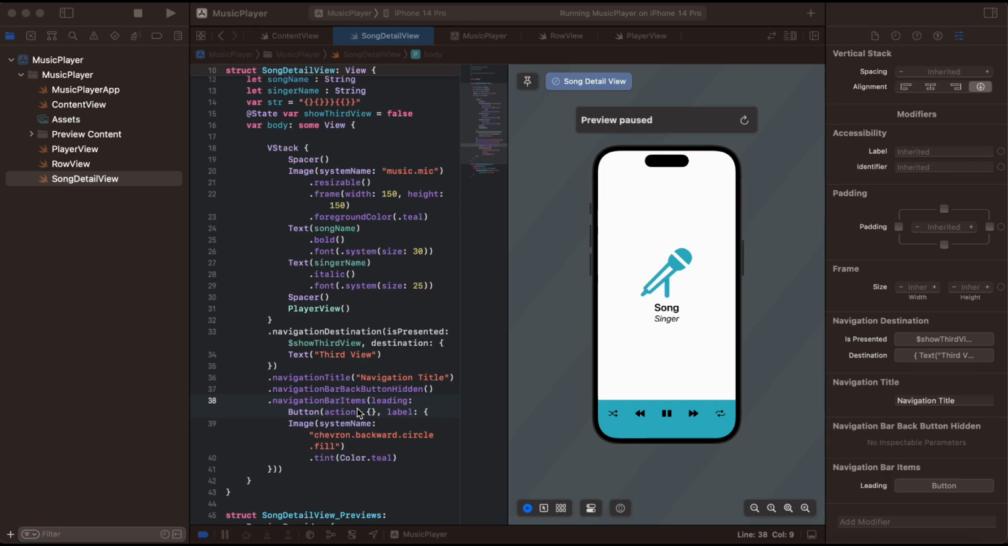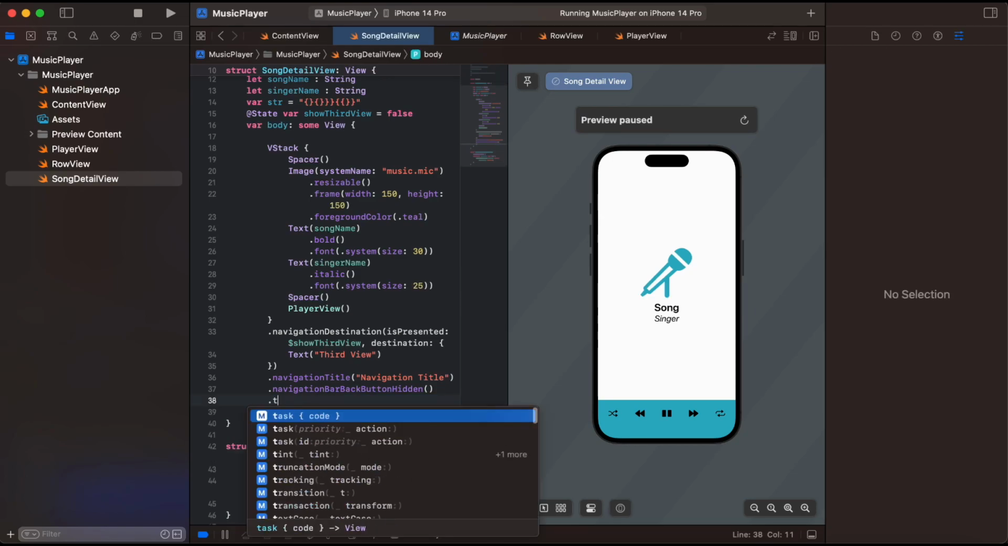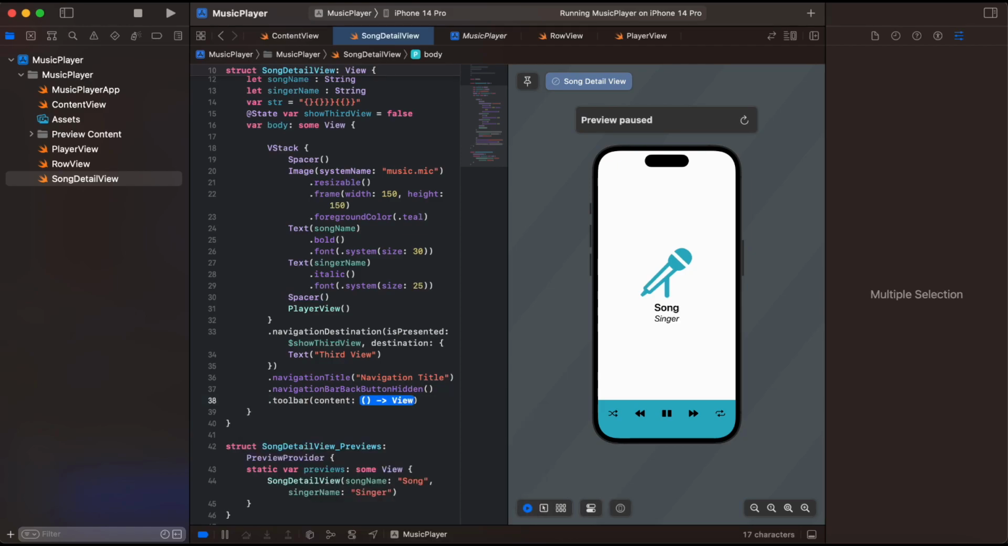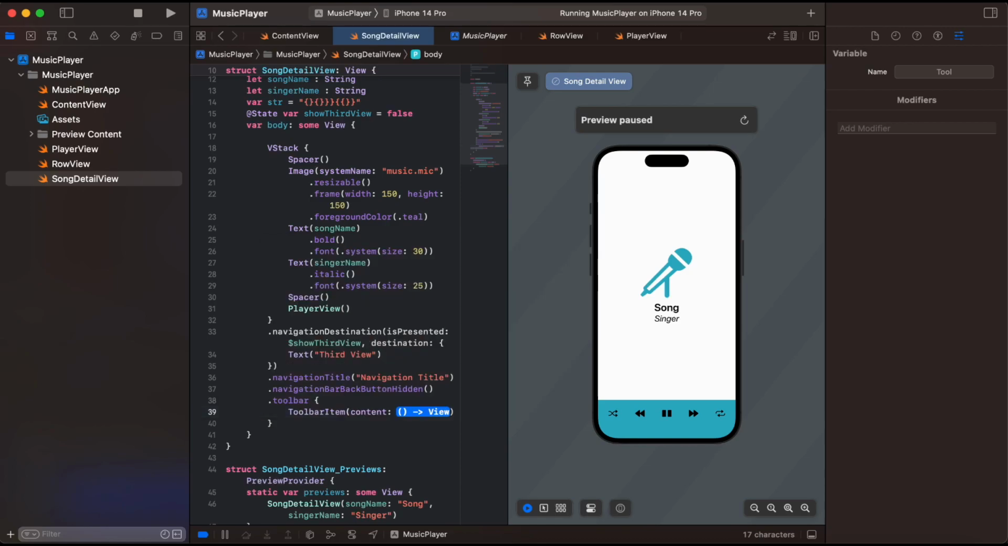see some of the features of toolbar. That is, remove this navigation bar items and create a toolbar with content. As it is a trailing closure, I'm just removing it. Inside it, create a toolbar item. So with placement,